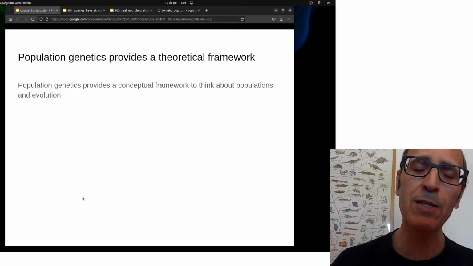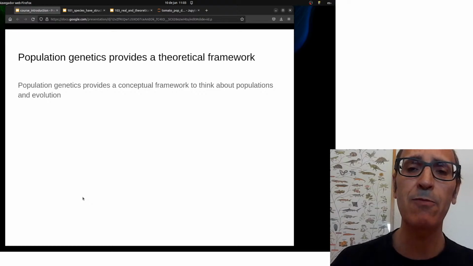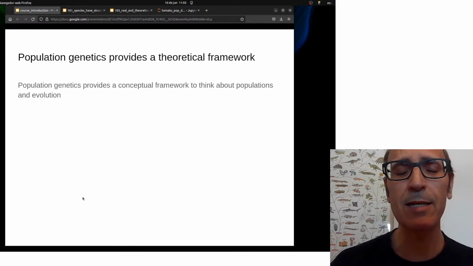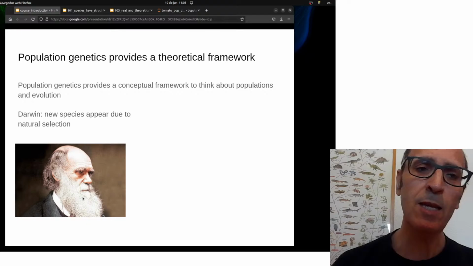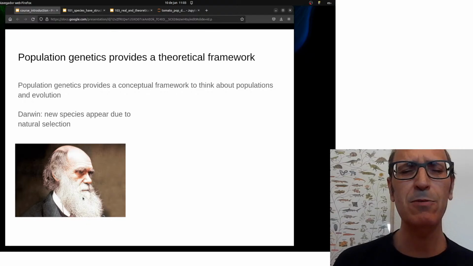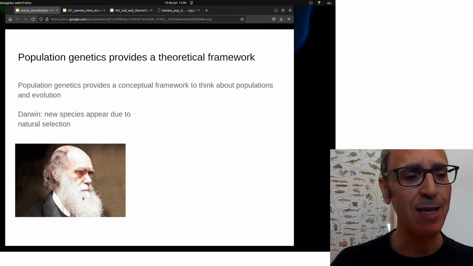So the objective was to create a theoretical framework to understand the evolution of populations. That was what motivated them. You have to take into account that this was quite an undertaking, because